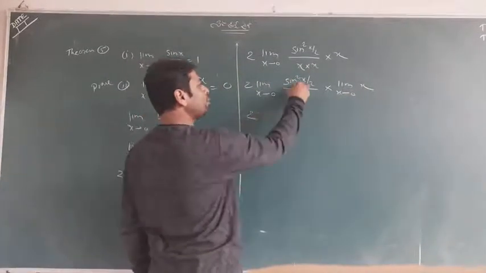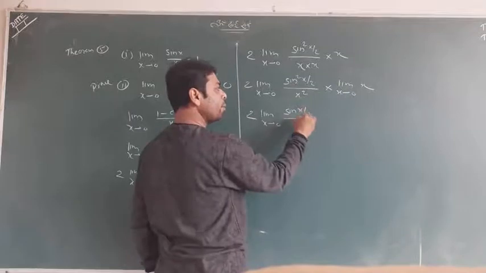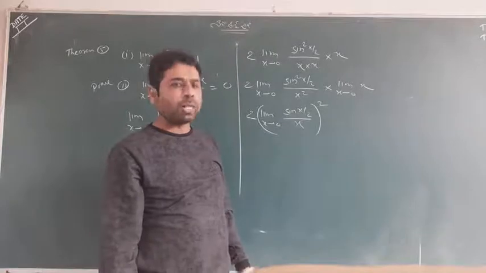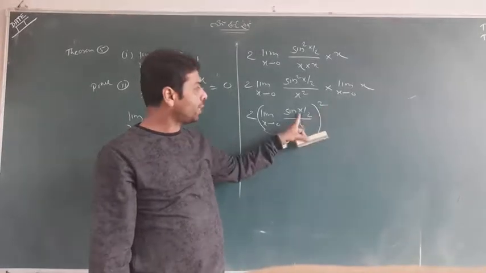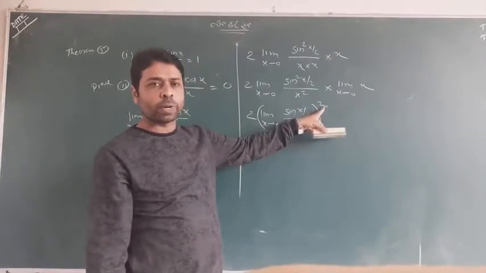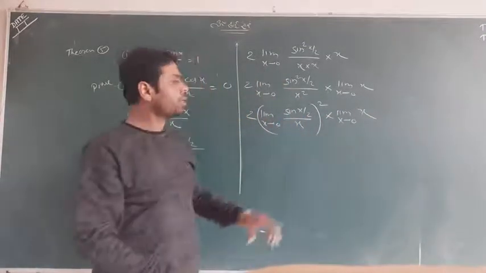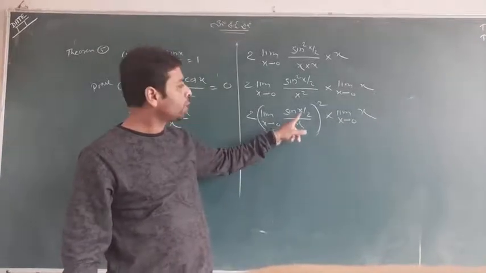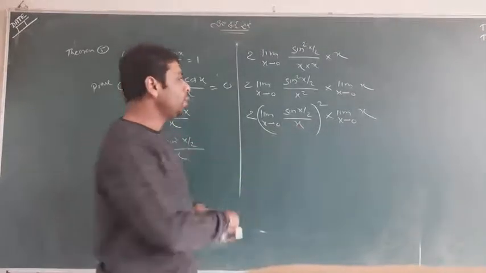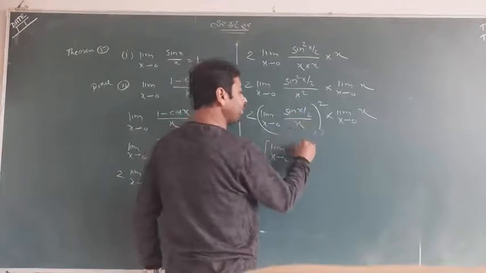So I would speak something about this. This is a square of sine and x, make a whole square along with the limit. No matter at all, there is no effect on the limit of the square affected on sine and x, and both had a square. I separated and combined and joined the square, and it is the same going on till the end. What about that? This is sine x by 2 upon x. I taught you the angle should equal the denominator, then it will be called 1 under the limit 0. So it is not 1. I will make the denominator equal to its angle.